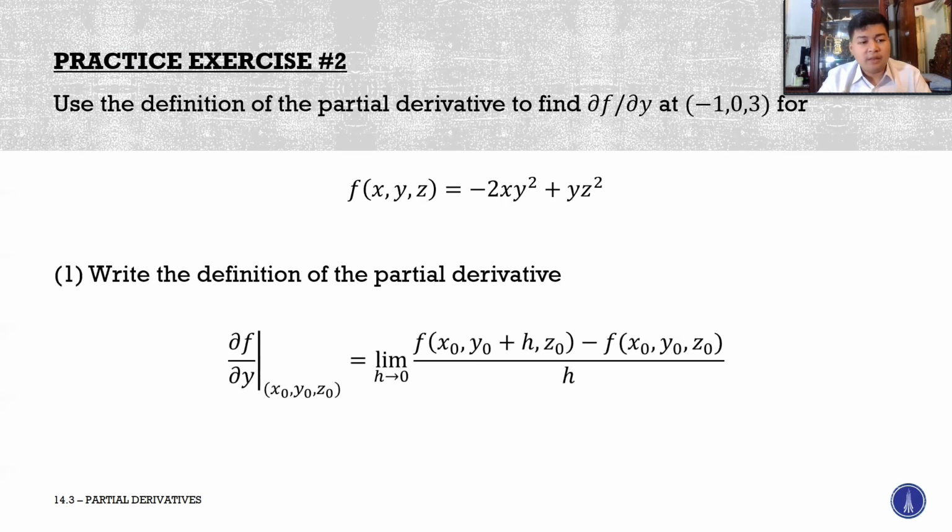So first we need to write the definition of the partial derivative, which is equal to the limit as h approaches 0 of f of x sub 0, y sub 0 plus h, and z sub 0, minus f of x sub 0, y sub 0, z sub 0, over h. And then we need to